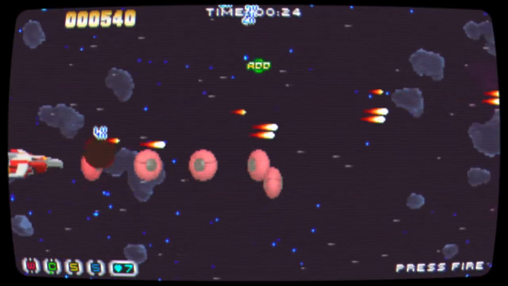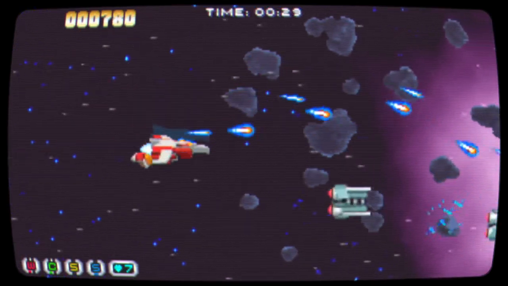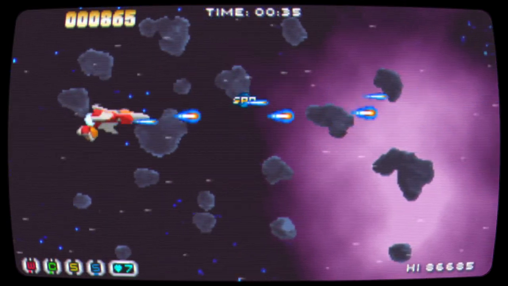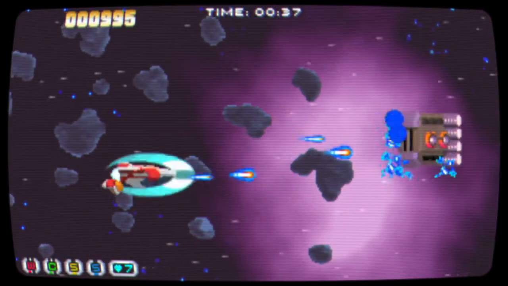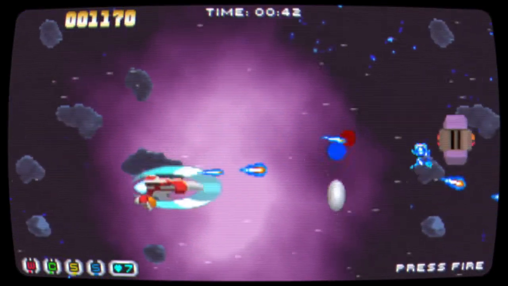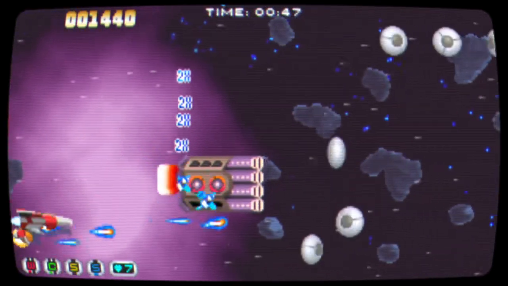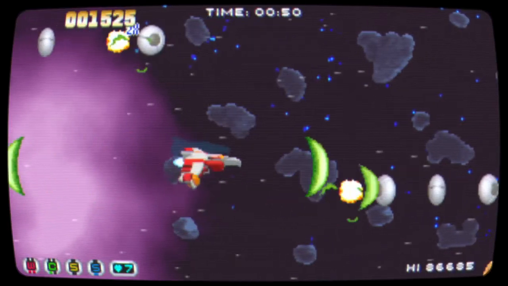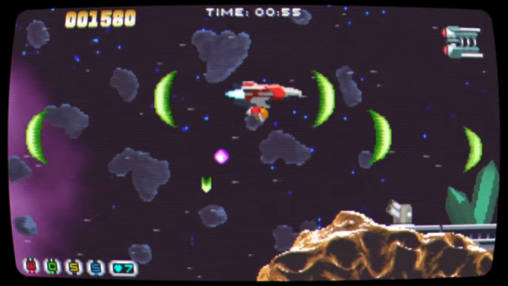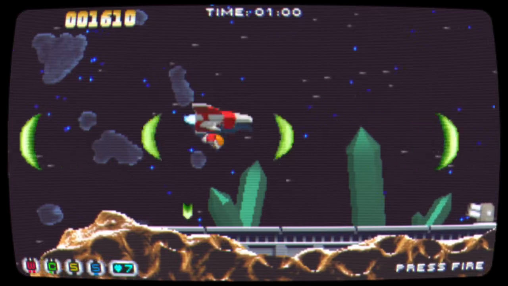Some enemies we encounter will drop power-ups. These power-ups will cycle through 4 available options: weapon, speed, shield, and add. The weapon, of course, powers up our weapon 1 level. Speed will allow us to go a little faster. Shield gives us a shield, and add adds additional modules